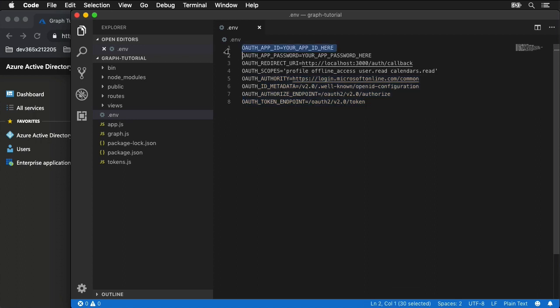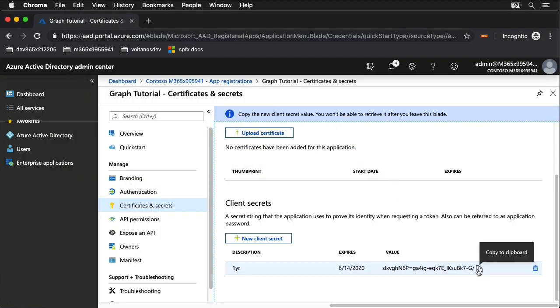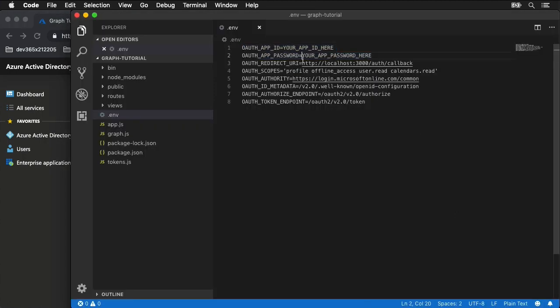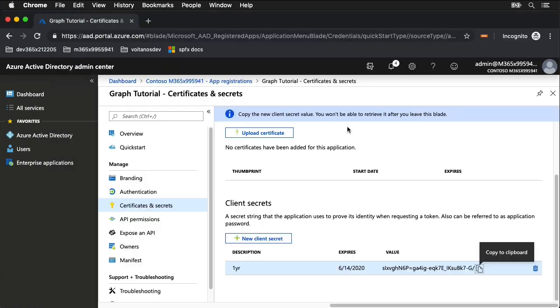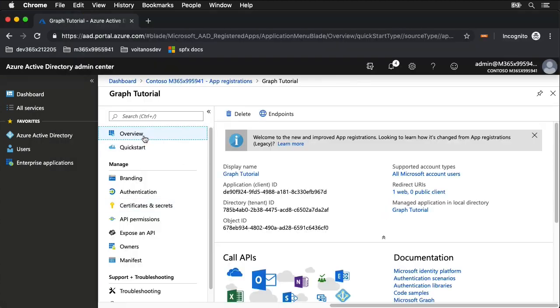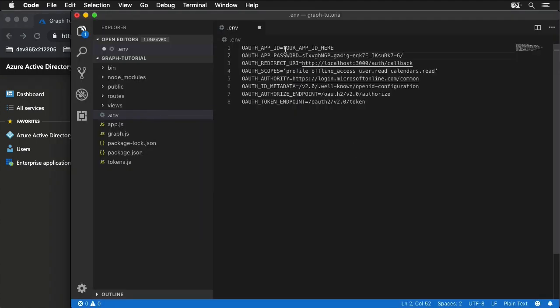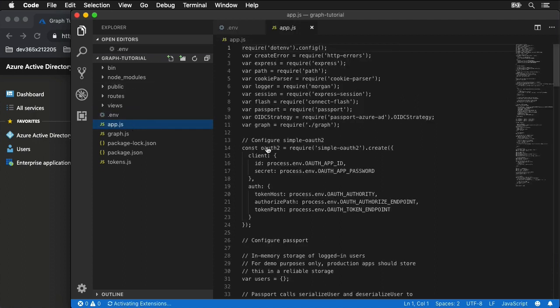What I need to do is fill out the app ID and the password. So let's jump back over to our app and copy the password, and put the password right here. And then let's get the app ID. I can do that by going back to the overview for the app and copying it that way. Just paste that in right here and save my changes. Now if I go back over to app.js,